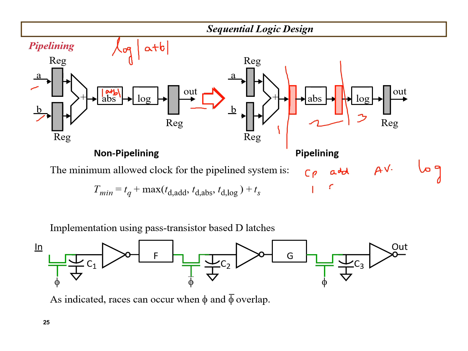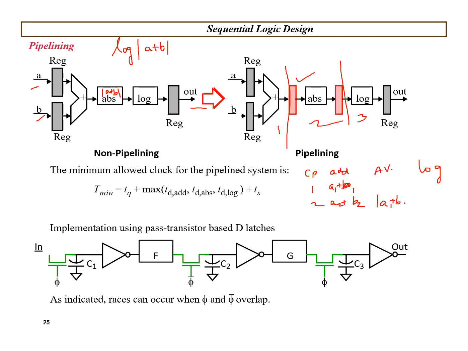During the first clock period, I am giving the inputs A1 and B1. These are the inputs given to the addition. So during the first clock period, it performs the addition. During the second clock period, the second input is given, because the addition output is stored in this register during the first clock period. Hence, during the second clock period, I give my second input and perform the addition. At the same time, I am performing the modulus of A1 plus B1.